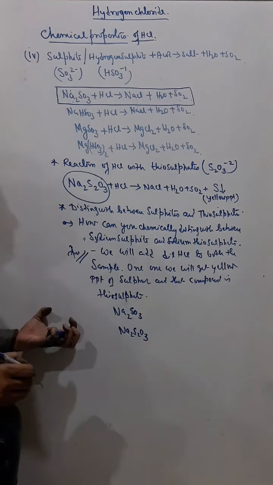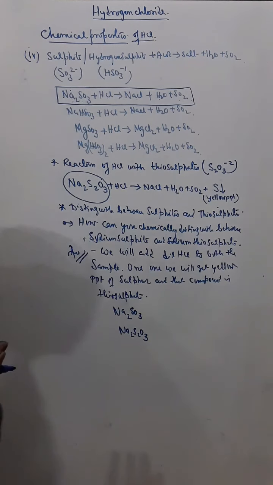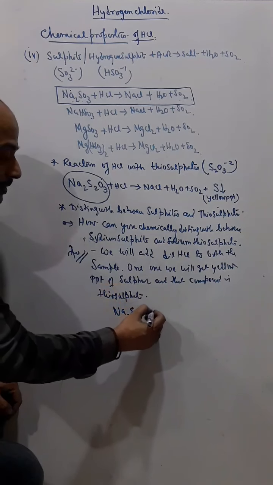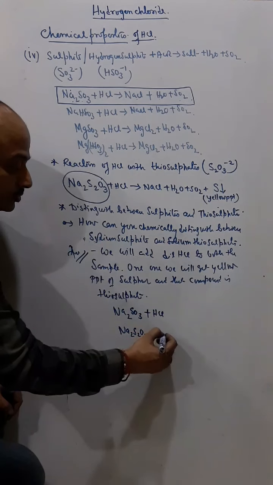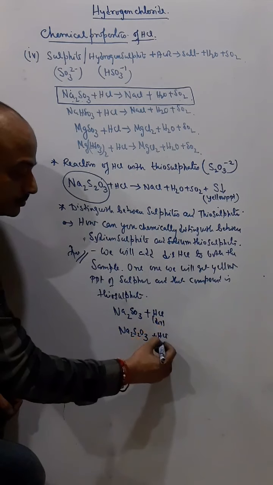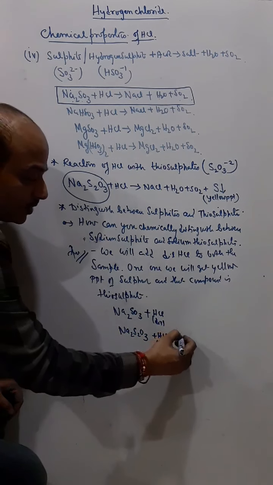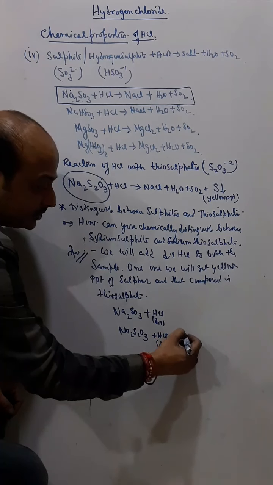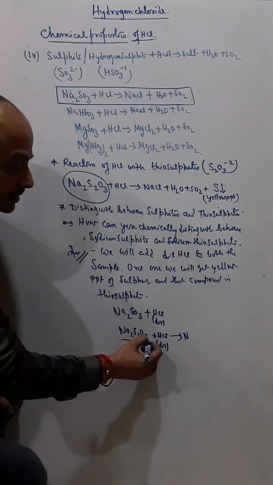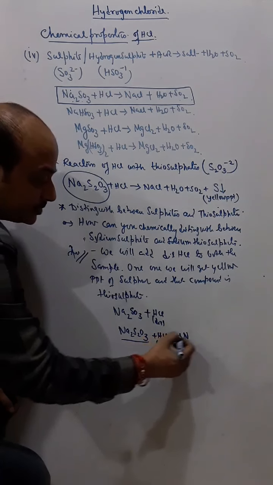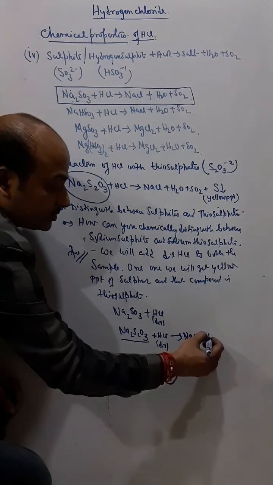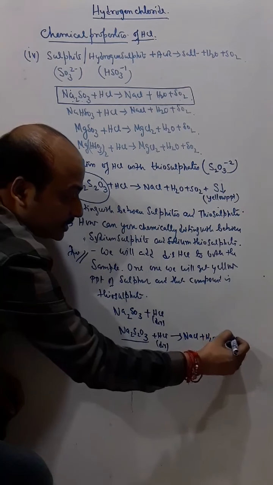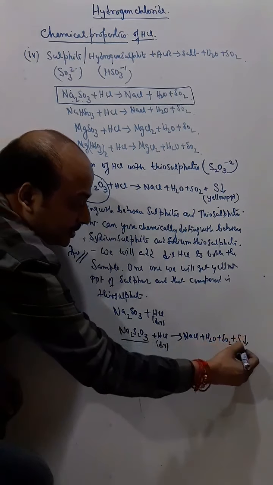Okay, on one we have sodium sulfite, on the other container we have sodium thiosulfate. Now how can you distinguish which one is sodium sulfite and which one is sodium thiosulfate? So what we will do, on both we will add dilute HCl, and on one we will get what? We will get yellow particles of sulfur. In sodium thiosulfate you will get yellow particles of sulfur. So what you get here? Salt plus water plus sulfur dioxide and plus sulfur. So this is the yellow precipitate.